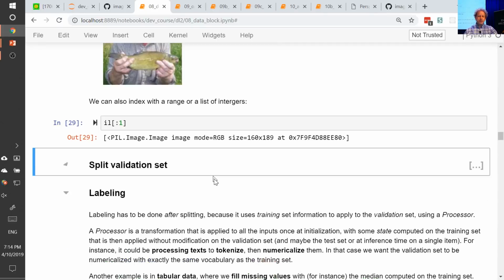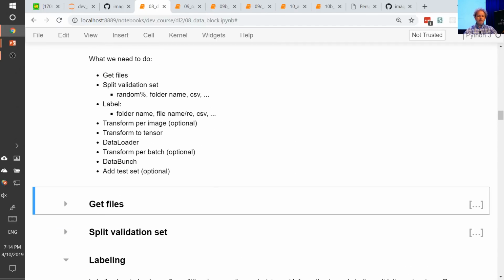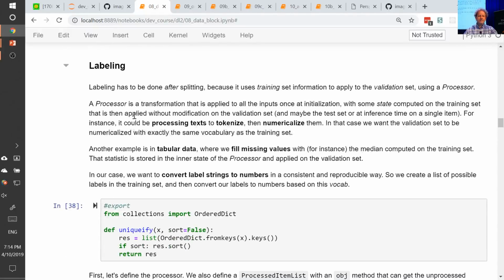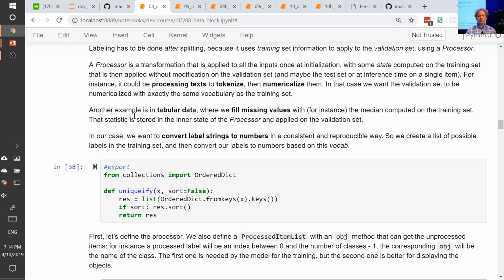So next in our list of things to do is labeling. Labeling is a little more tricky. And the reason it's tricky is because we need processes. Processes are things which are first applied to the training set, they get some state, and then they get applied to the validation set. For example,